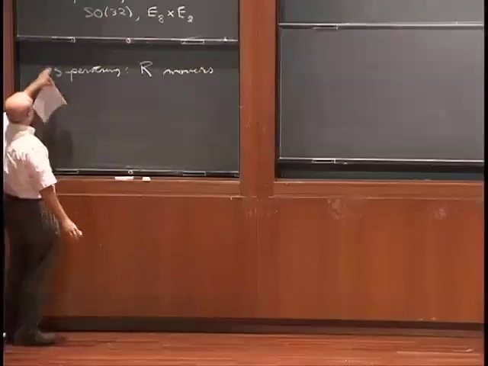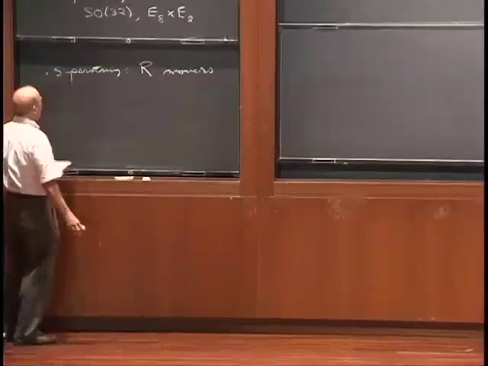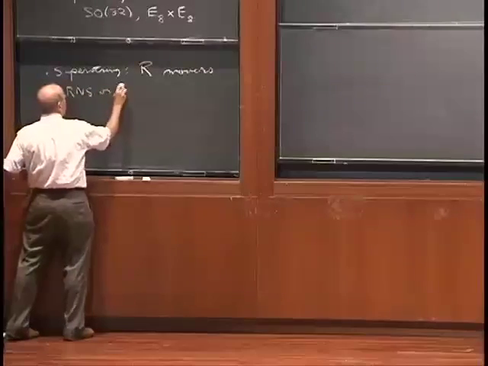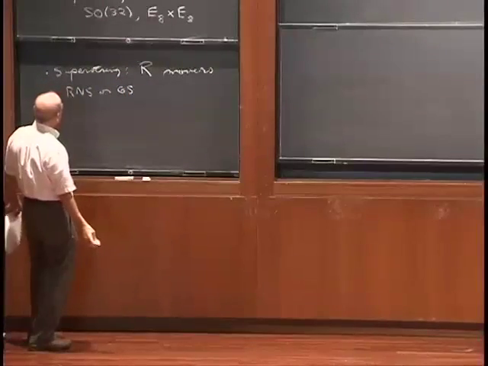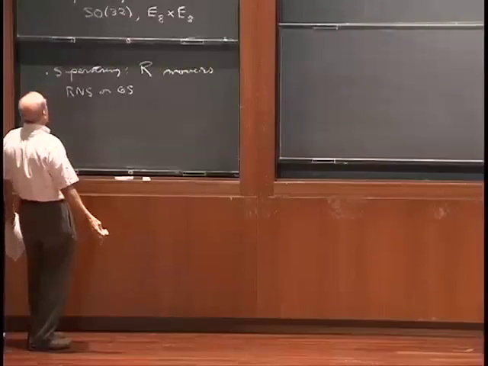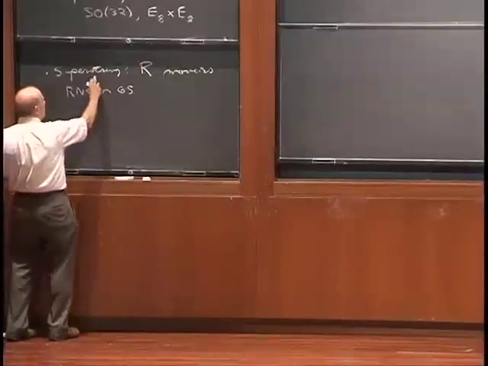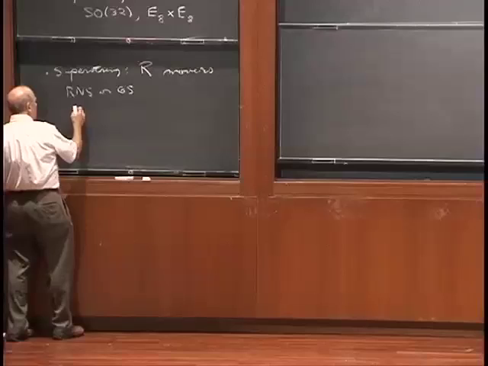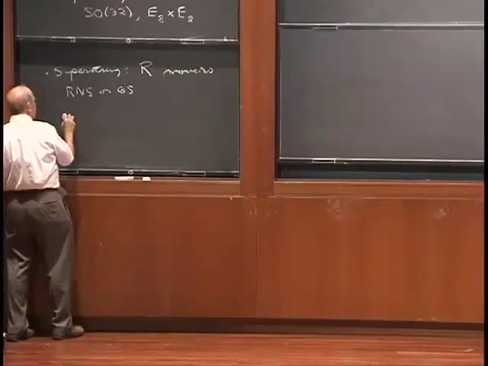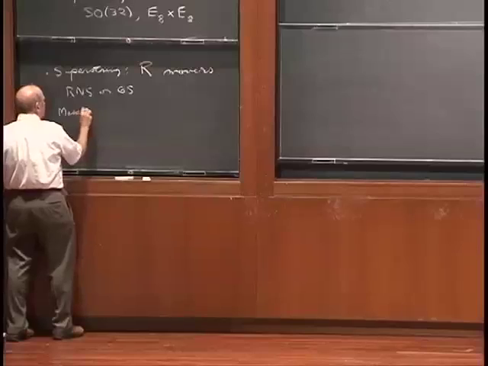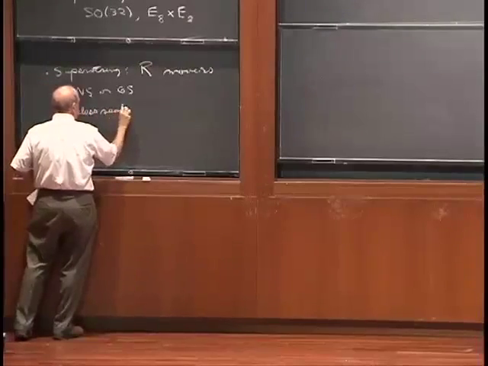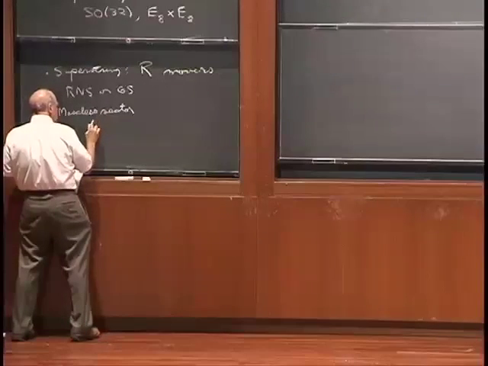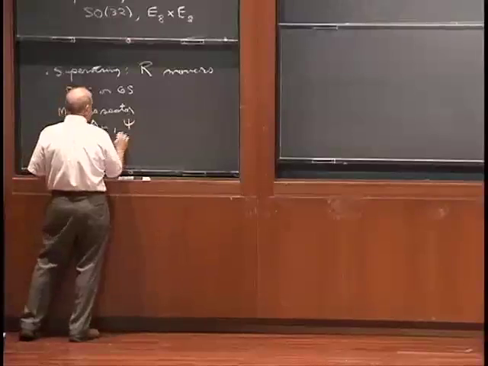To describe the right moving modes of the string, one uses the mathematics of the superstring. And for that, one can use either the RNS formalism or the GS formalism, which are described in earlier chapters, and I don't want to review it here. Whatever you do, this sector gives you massless modes that form a super Maxwell multiplet. So the massless sector that you obtain by either approach gives you a vector and a Majorana-Weyl spinor.